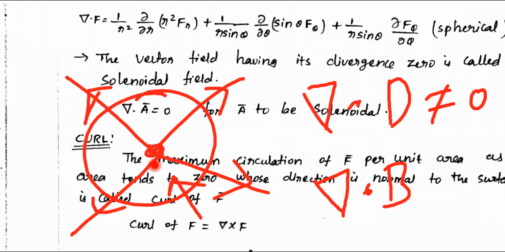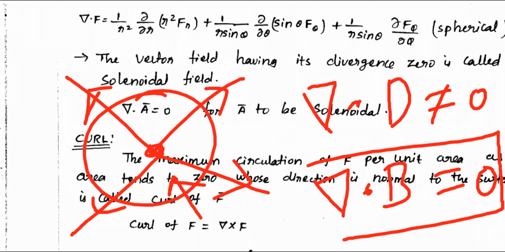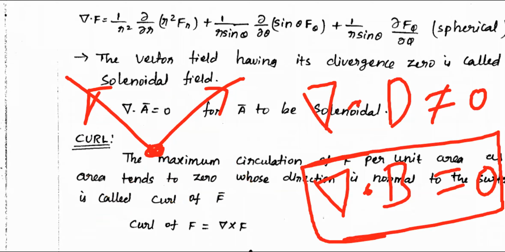Then in the case of magnetic flux, definitely it is 0. Very, very important. In case of magnetic field, del dot B is definitely 0. Always 0. Divergence of the magnetic flux density is always 0. What is the reason? In any case or in any medium, everywhere del dot B is 0. Very, very important for the exam. What is the meaning of this? Del dot B is equal to 0.